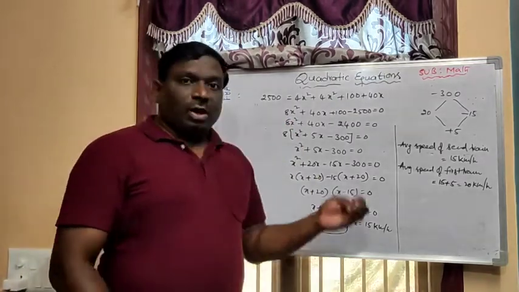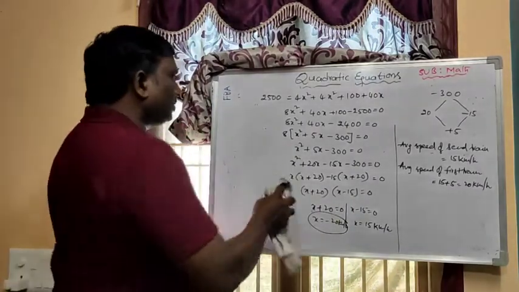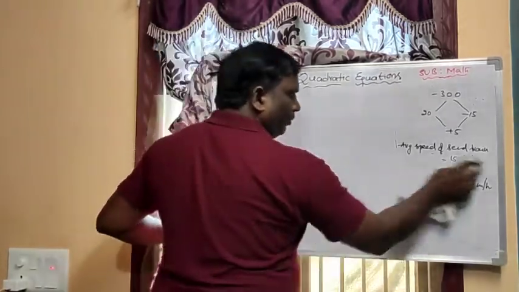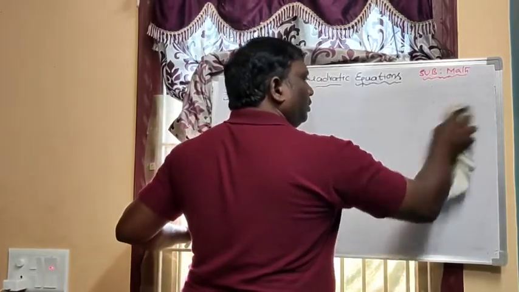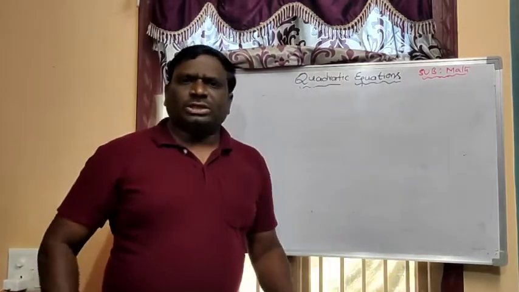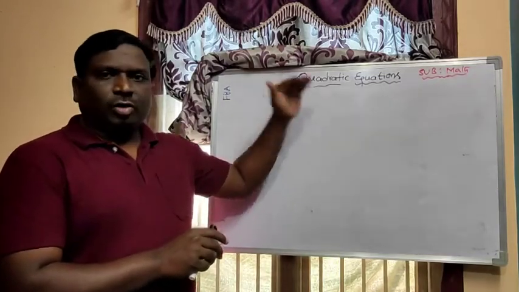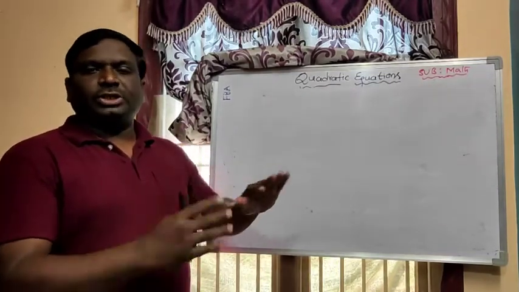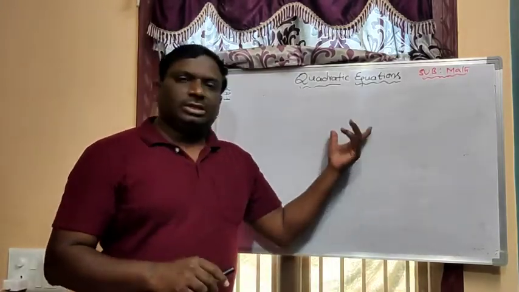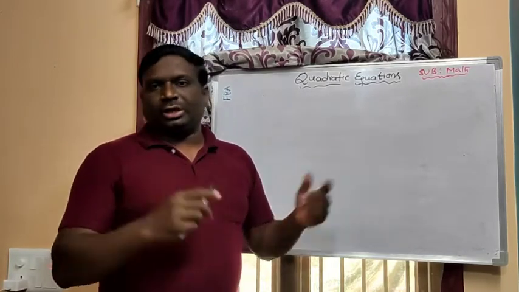And one more last example we can see, the last model, that is the motorboat question. Last question of that second exercise. With that question we can complete this session. Here different model word problems will come. According to the word problem, we need to frame the equation, the quadratic equation. If you frame the equation, then you'll get the solution. If you do not frame the quadratic equation, you cannot get the solution.